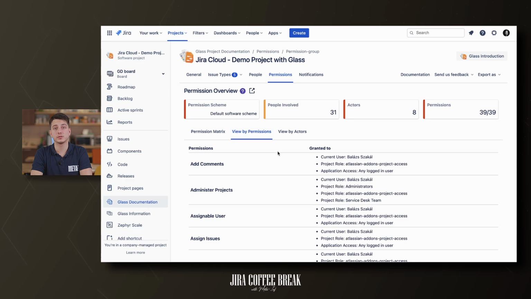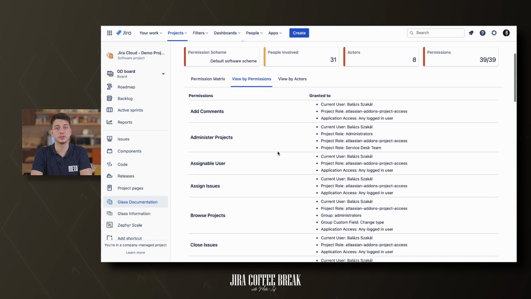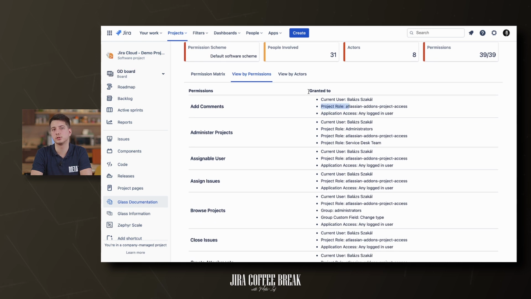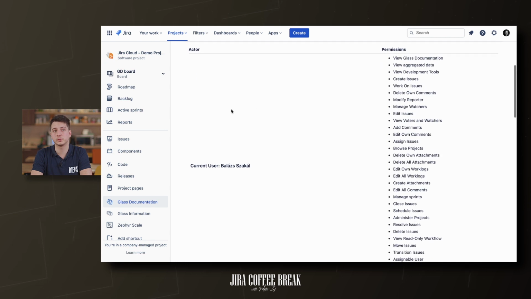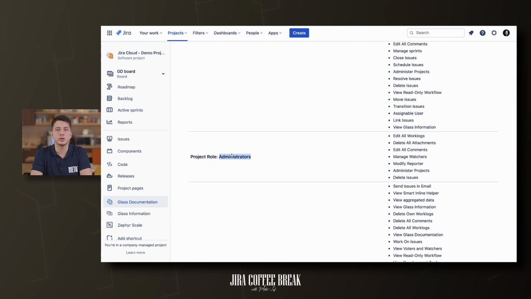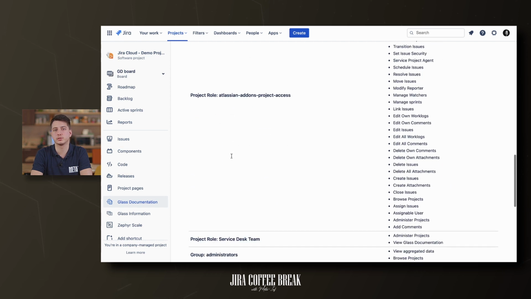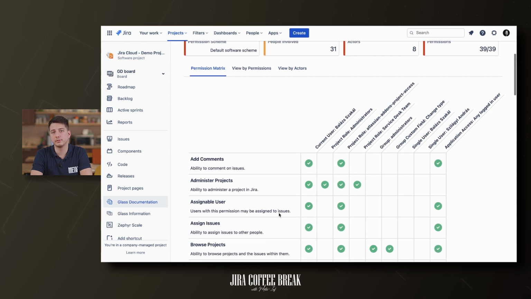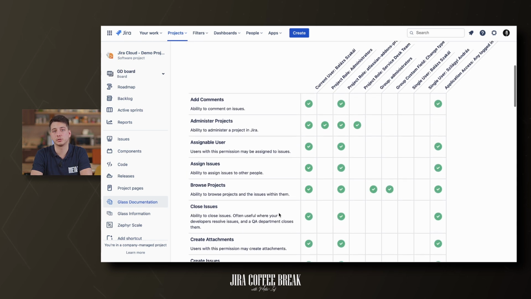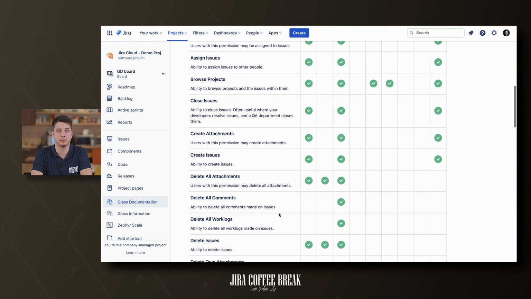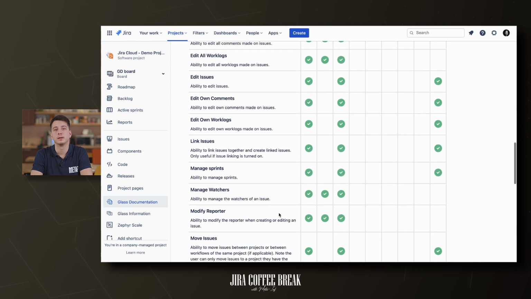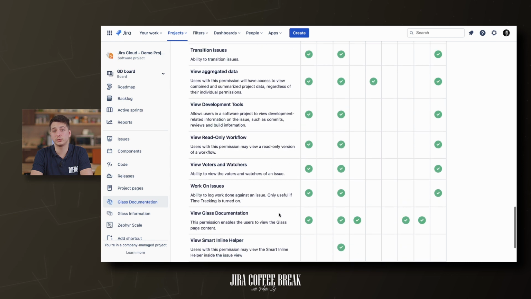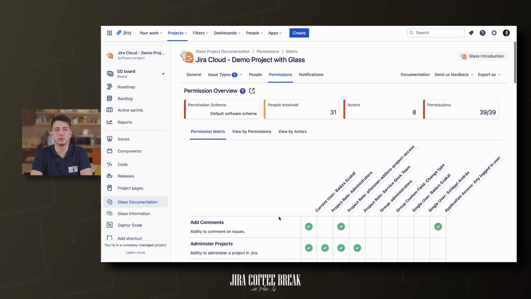What are the best practices for permissions? Use project roles in your projects and prefer them in the administration schemes to groups or individuals. Project roles allow your project admins to assign permissions to groups and users in their projects, instead of requesting Jira admins to add users to groups or change permission schemes. Create a few company-level permission schemes with generalized project roles, such as auditor, tester, developer, or reader.